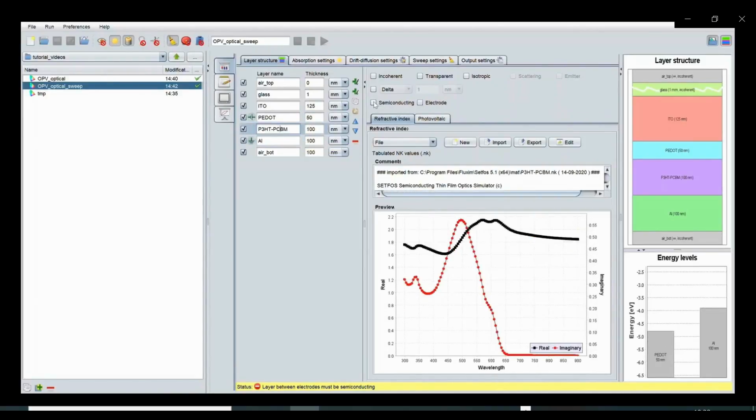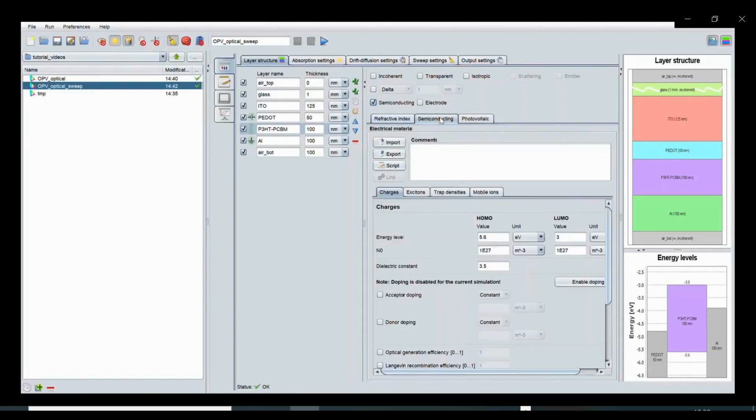Now the absorber layer in between is set to the semiconducting. And for this layer, we now have to specify the electrical material properties. This is again done by importing the corresponding materials file from the database.